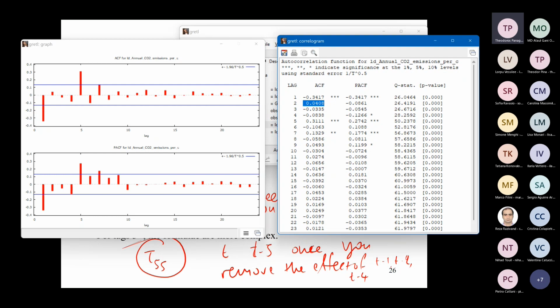The correlation between today and 2 days ago, once I remove the effect of yesterday, is minus 0.0861. You can see that the partial autocorrelation at the fifth lag is statistically significant. This is the correlation between the current year and 5 years ago, once you remove the effect of all the